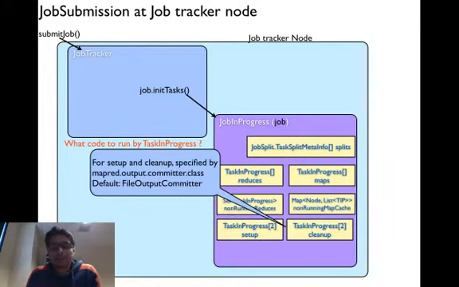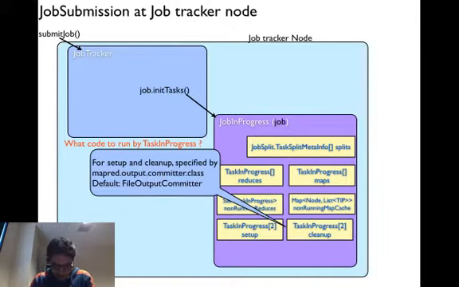Essentially, in setup task, it creates a final output directory specified by mapred.output.dir, and it also creates a temporary working space for a task output, which is an inner directory inside mapred.output.dir/_temporary.